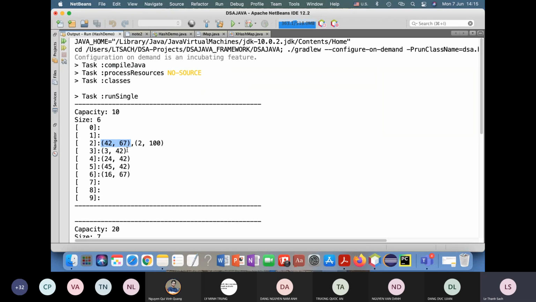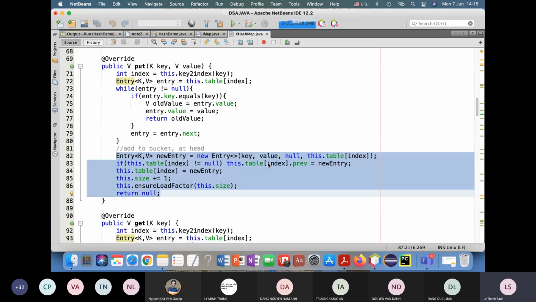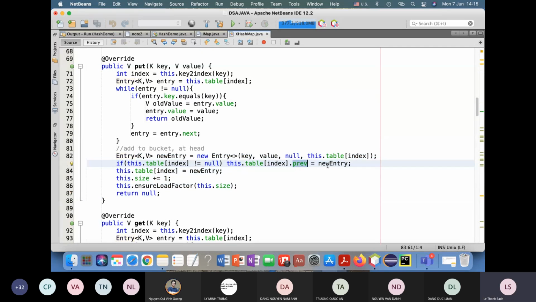But the next, for example here, next is null because it's the first one, containing only 1. But the next of this, the next of 42 with the value 67, points to the next entry, and previous goes to null. So you can see I create 1. And what I mean here, I link